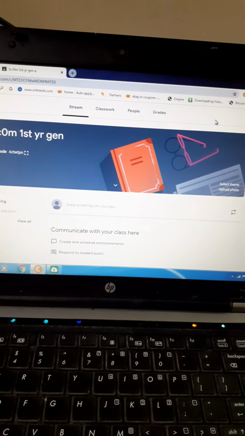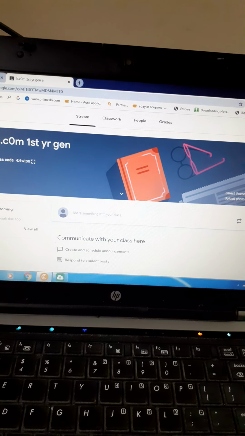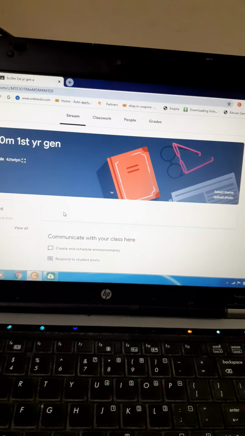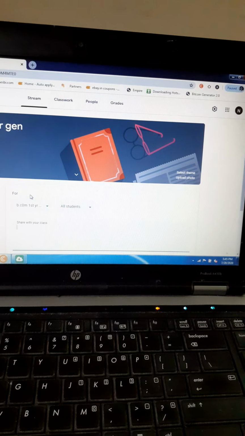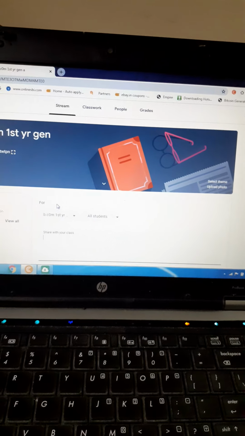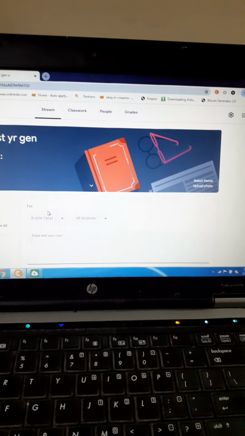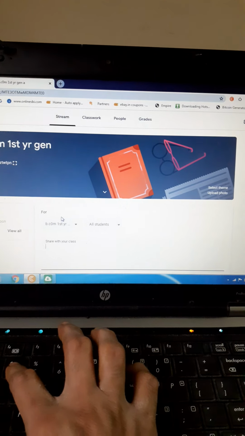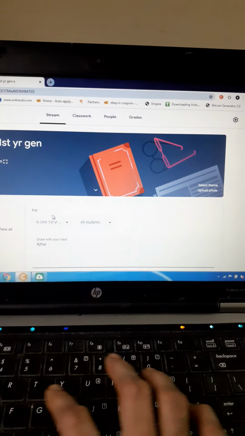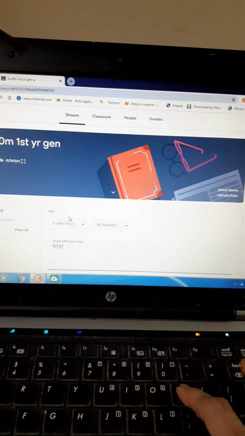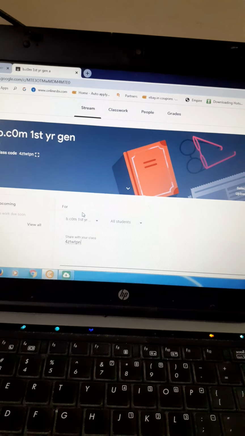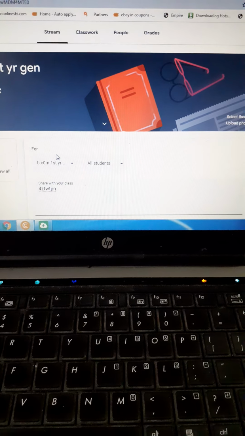Here we have to post actually. So here you can type this code to share with students. Here, share with your class: 4ZTWTPN class code. 4ZTWTPN. Okay, like this also you can type and post to students.